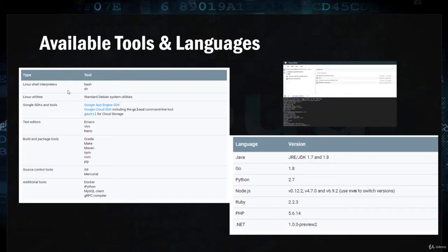So if you look at what it provides, you will have shell interpreters, bash, sh, Linux utilities to install libraries if you want, cloud SDKs, so gcloud, App Engine SDK, and it's a sandbox, gsutil, text editors, you have Emacs, Vim, and Nano, build packs, Gradle, and all those. These are already available out of the shell, which you can just go ahead and use.